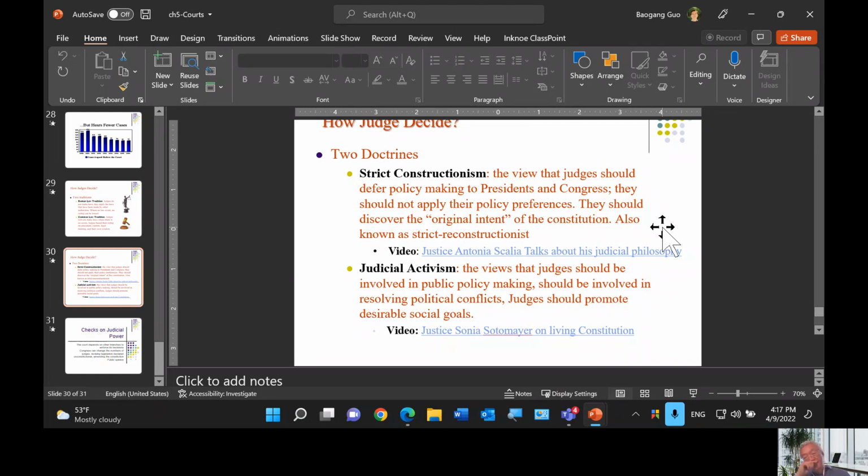The court was so serious about the issue that they ruled twice on the same case, Brown 1 and Brown 2. Brown 1 only declared the segregated public school system in violation of the 14th Amendment Equal Protection Clause, and that separate cannot be equal. But then they only asked the states to integrate the public school system.